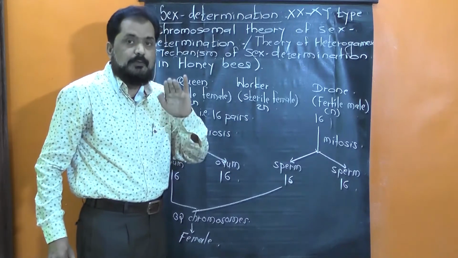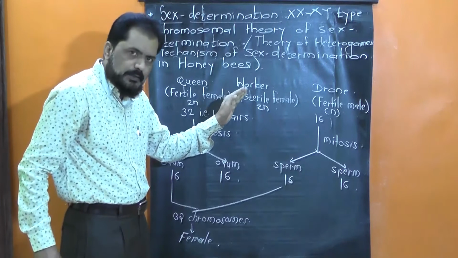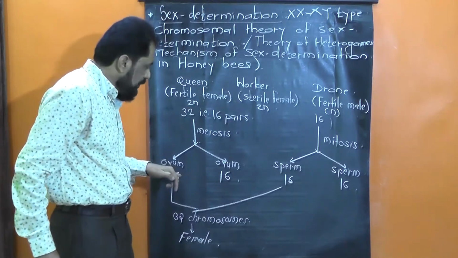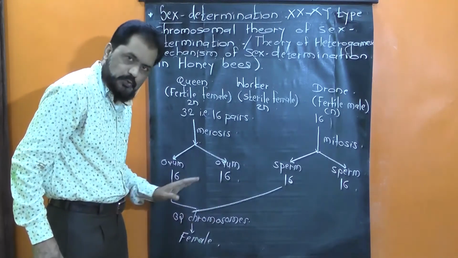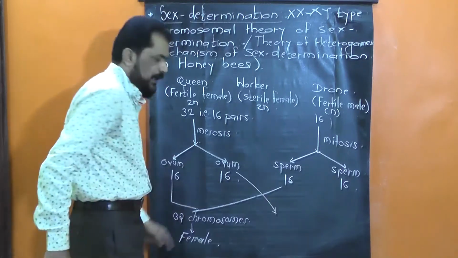But what is our main point? The queen or worker, that is female bees, develop from fertilized eggs having 32 chromosomes, 16 pairs of chromosomes, while